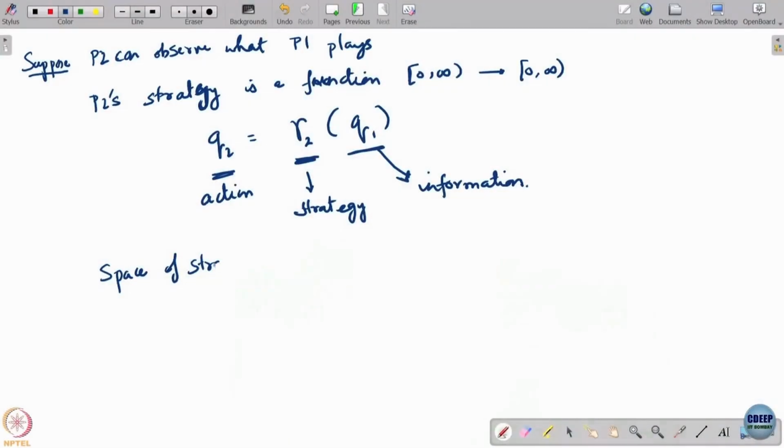So, the space of strategies for player 2 is the space of all such functions. Let us call it capital gamma 2. These are the functions gamma 2, where gamma 2 maps